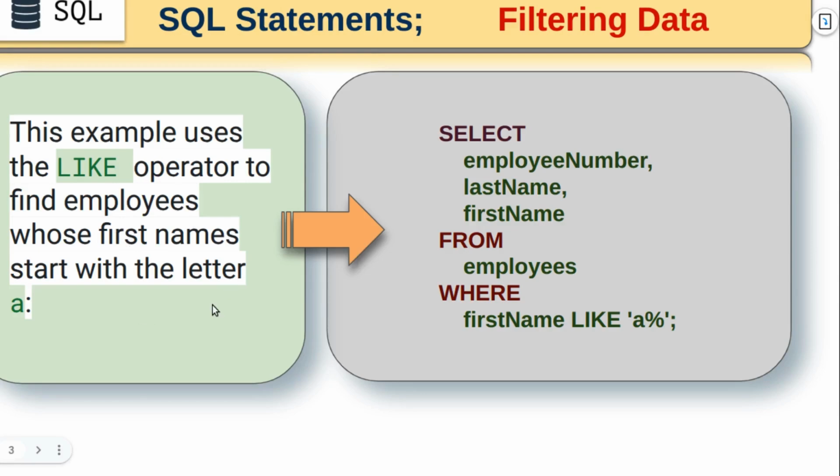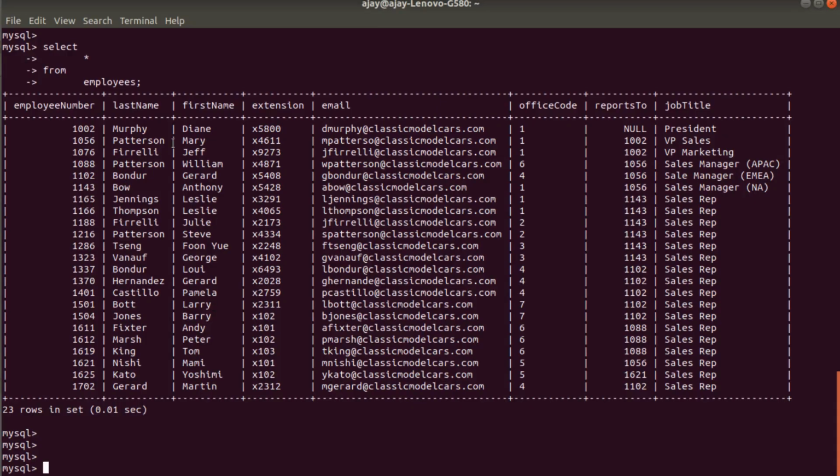So that is why here we have to filter this column with the LIKE operator, in which the first name starts with A. You can see this is a name that starts with A, and this is also a name that starts with A, right? Okay, so we can apply this operator, LIKE,